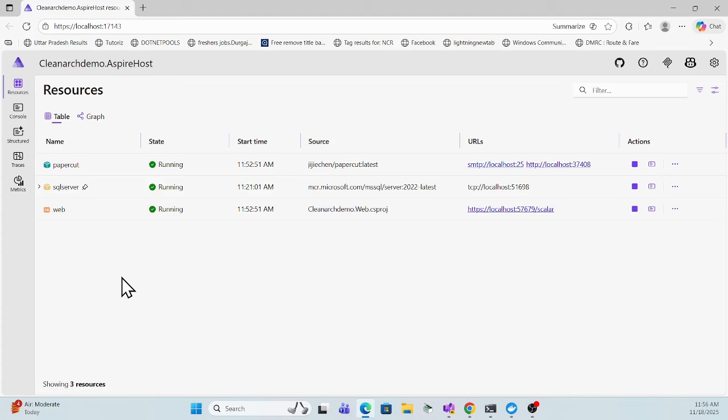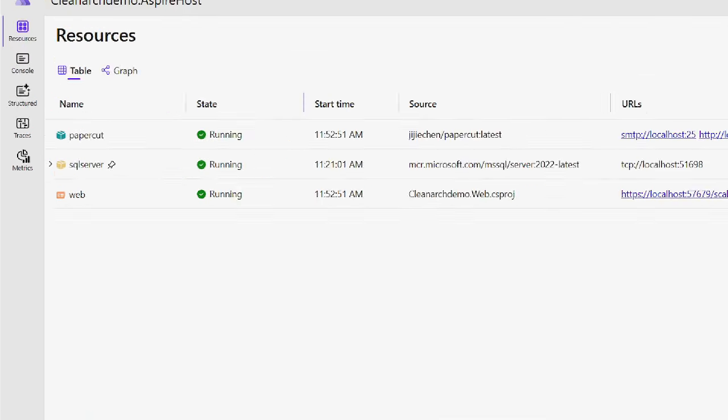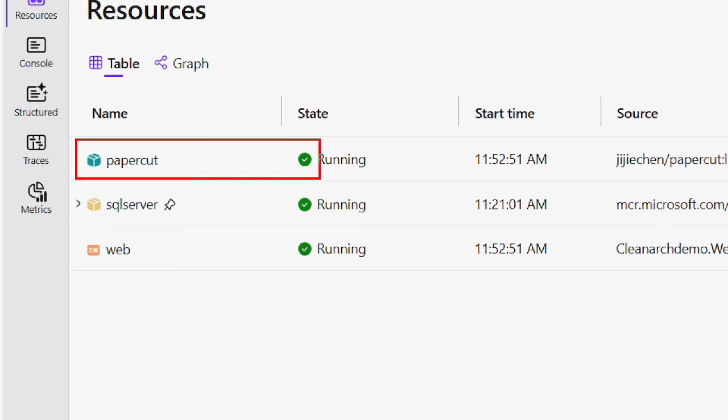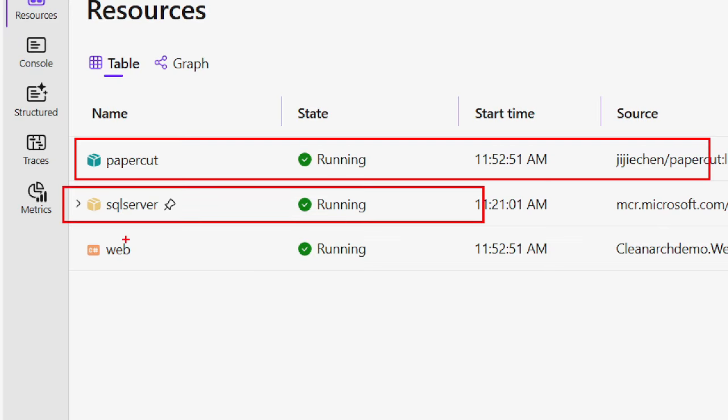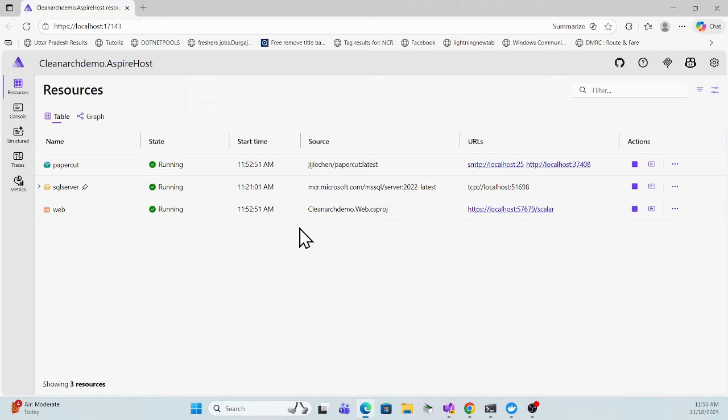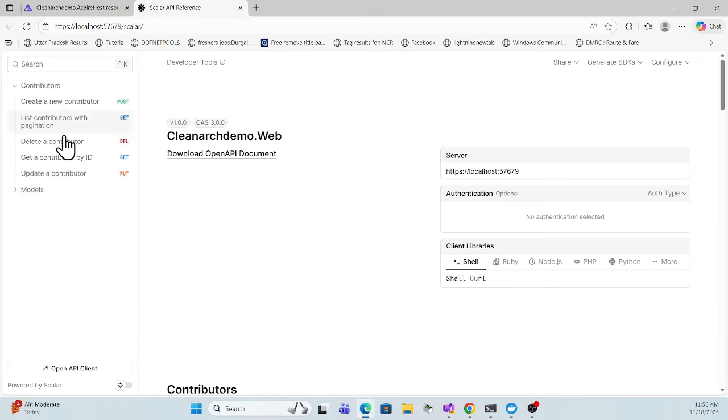Let's see the quick demo of clean architecture and vertical slice architecture in .NET 10. Here my application is running. There is Papercut, which is where we maintain our email. This is our SQL Server database, and this is our web API application. Let me open this web API application, and once over here, there is a